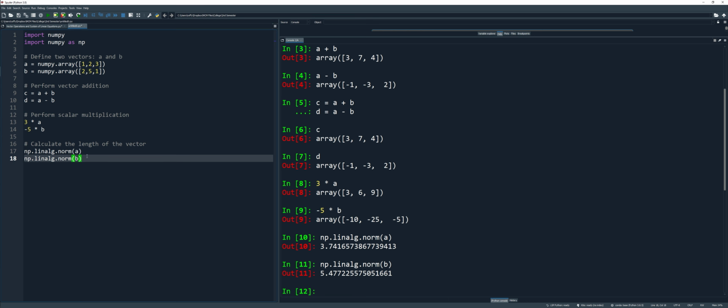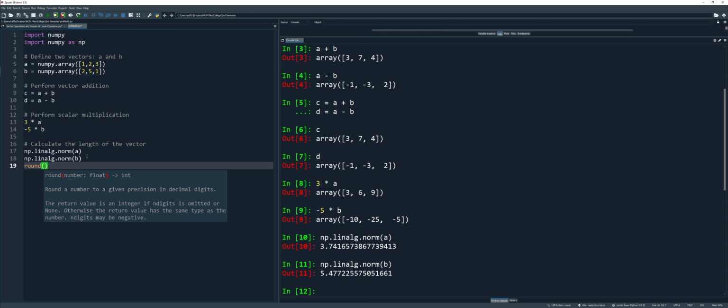So that's how you find the length of the vector. Now, we can actually round our answer to the nearest decimal value. We can do that by using the round function. So we have this